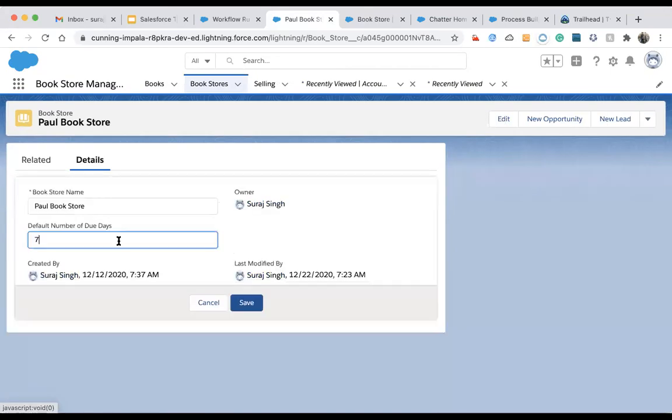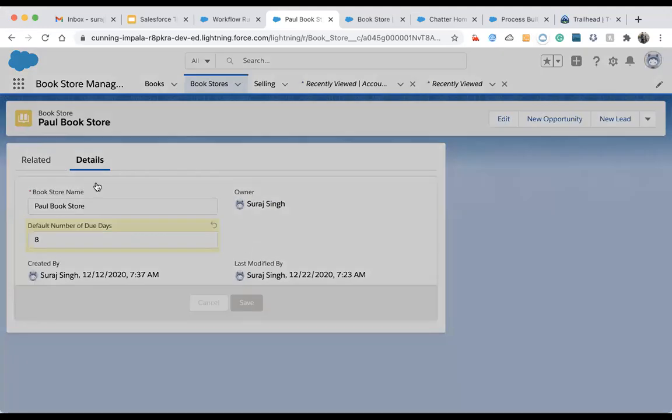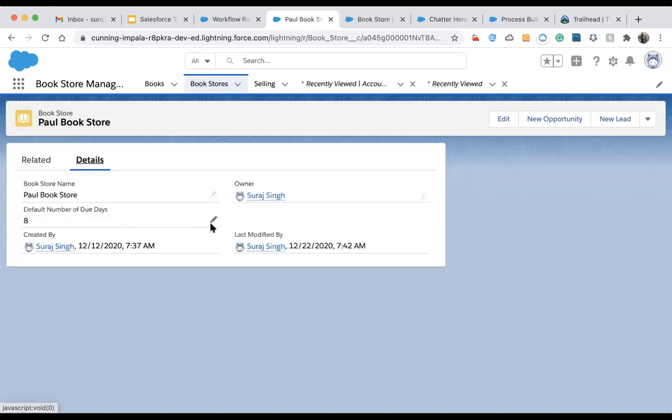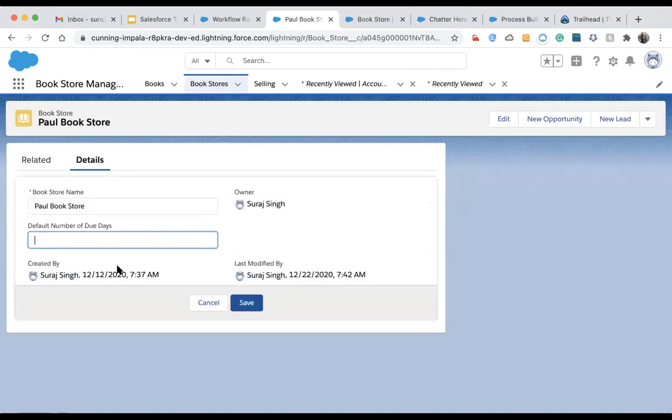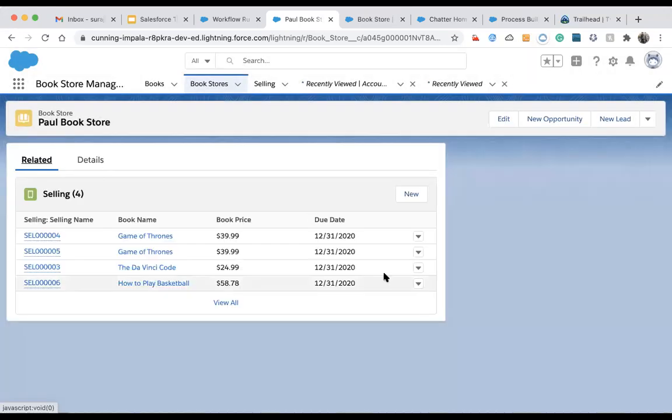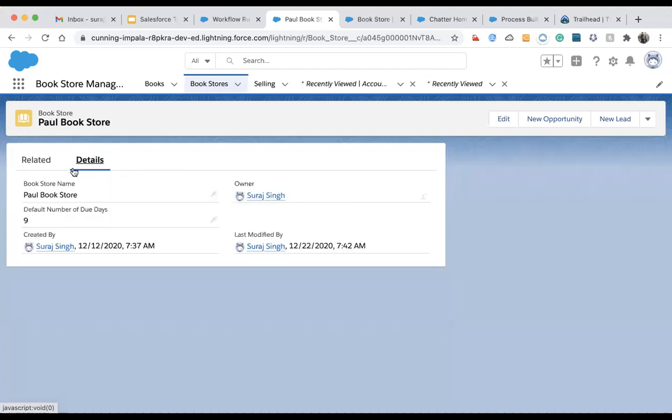Suppose I'm updating to 8 and hit save. So all the fields got updated to 8 days from now, which is 30th of December. All the due dates are updated. Suppose I just make it 9 and hit save. All the due dates are also updated according to the new due date.